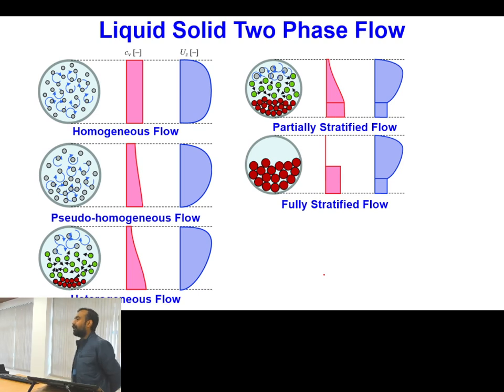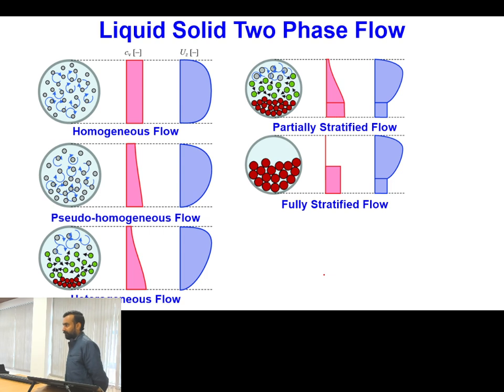Okay, then another example is liquid solid two phase flow. If you recall, I gave you one example that in case of thermal power plants we get some bottom ash, and what we do is allow that bottom ash to mix with water, and once it is in the form of a slurry, then we transport that bottom ash in pipelines. Typically, whenever this slurry is transported in the pipelines, what kind of different flow arrangements